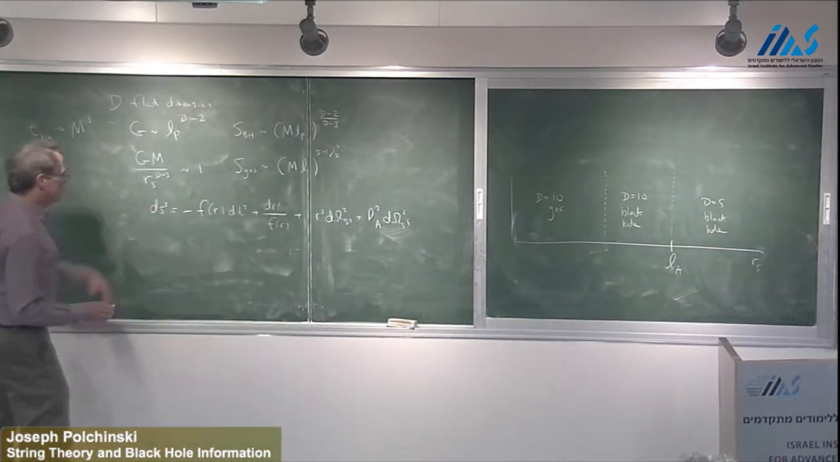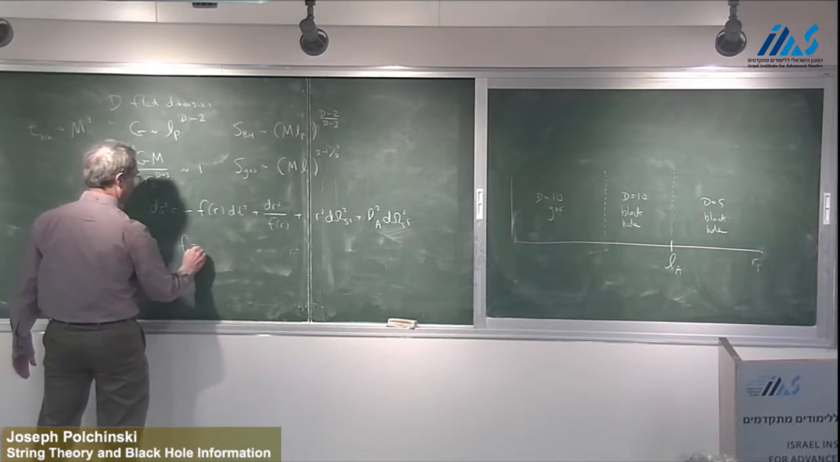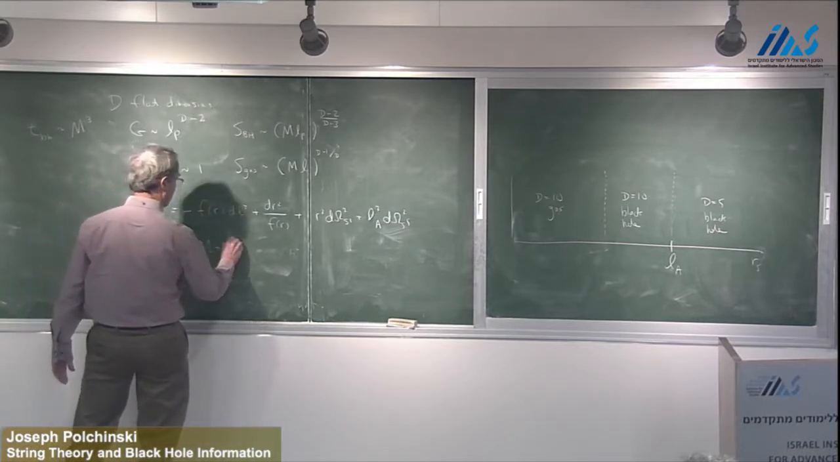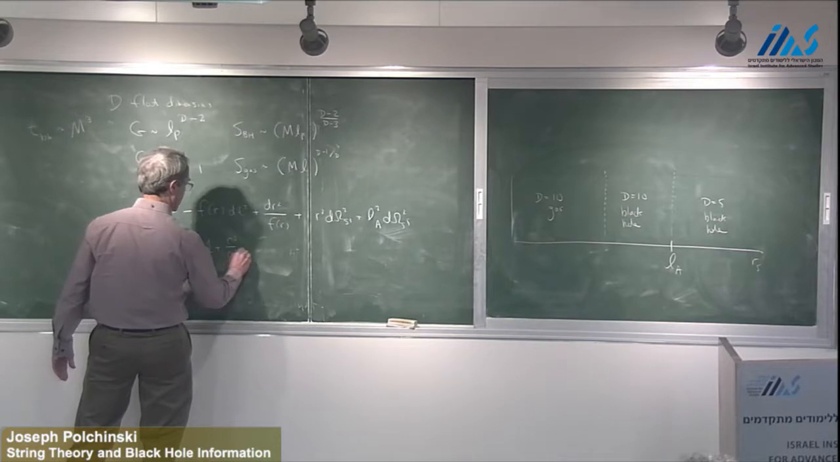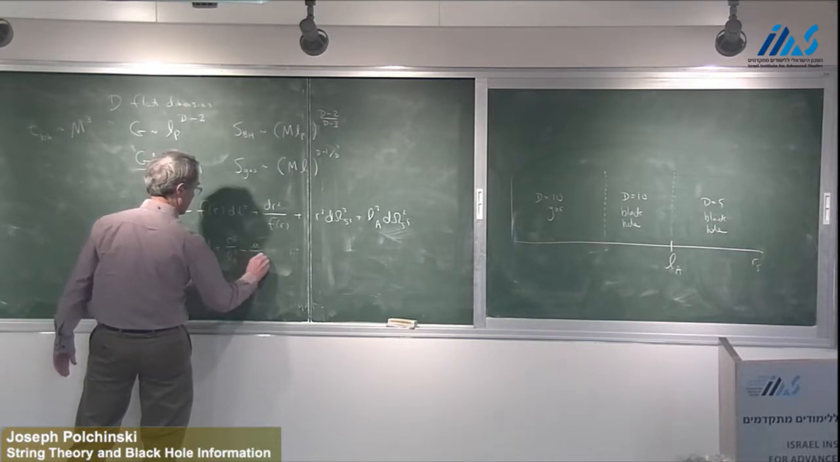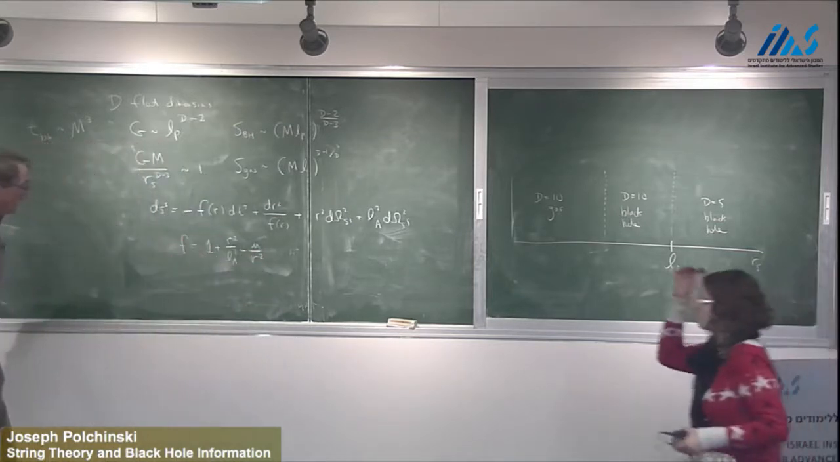The black hole differs from the ADS metric only in that the blackening factor starts out the same way, but then it has a negative term, so that at some radius